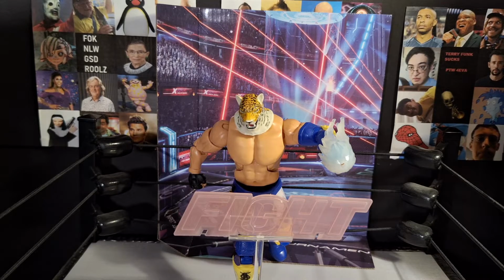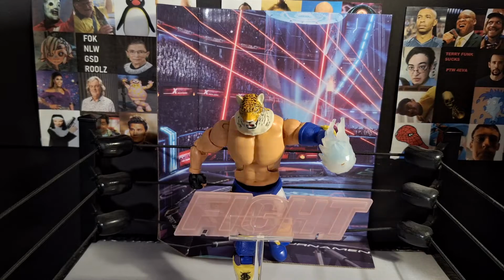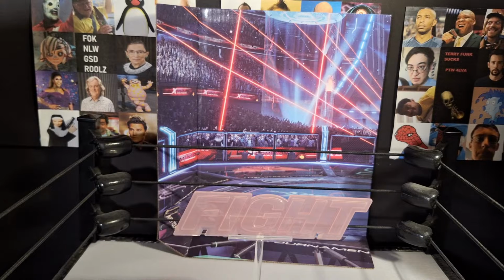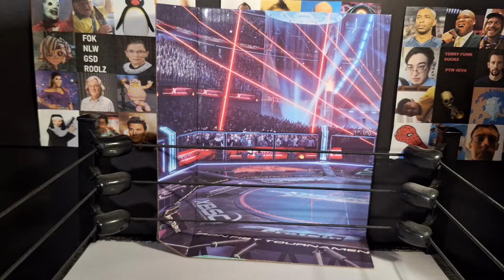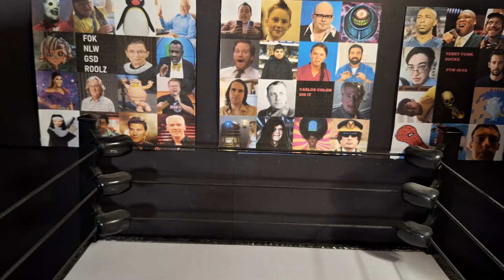Beautiful. Now, I did feel like even when we saw the first previews, and I had hoped when the first wave came out that these would get a bit better as they would go along. My opinion comparing these so far to Wave 1, although King is obviously a very toyetic character, is that it is a huge improvement over the Wave 1 figures. So now we'll get that backdrop out the way,